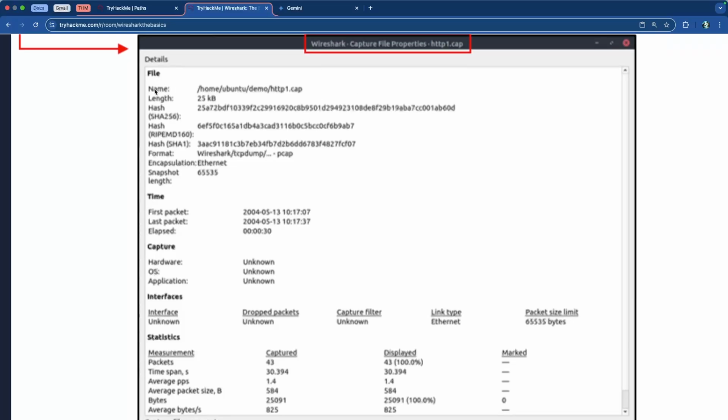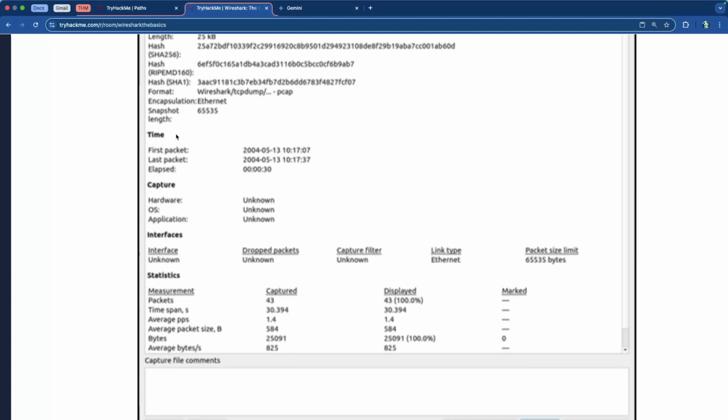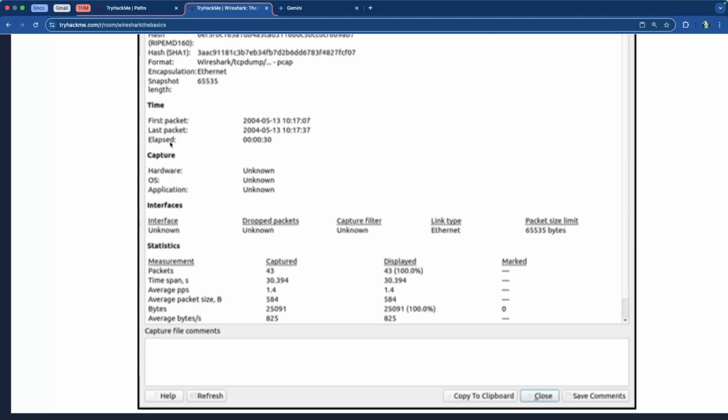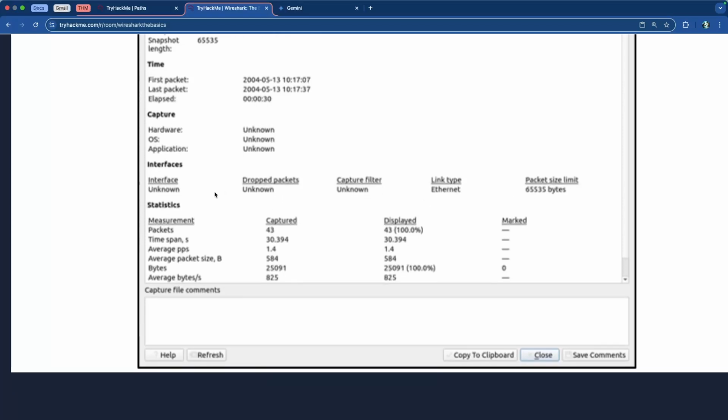So we have the file name, length, the SHA-256 hash value, the RIPEMD-160, the SHA-1, and then you have the format of it, of where it technically came from. I guess it came from tcpdump potentially. The encapsulation was for the Ethernet, and then we have the snapshot length, and then you have the time that this thing was captured, and then the hardware. In this case, it's not known. The interface is also unknown, with the exception of this link type, which is our Ethernet, and then just some